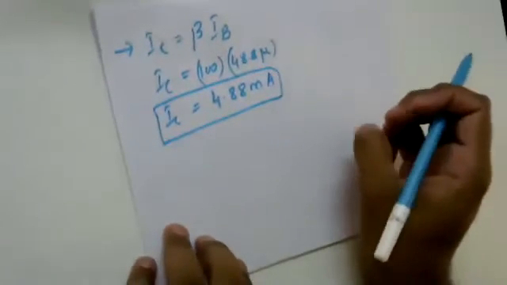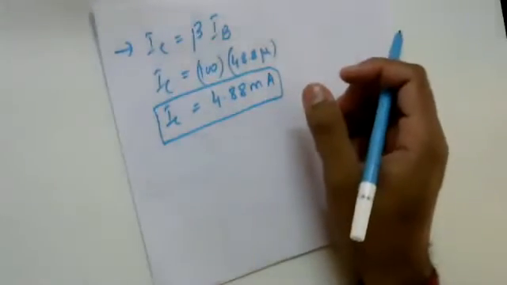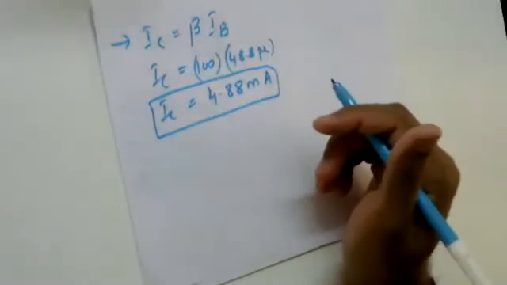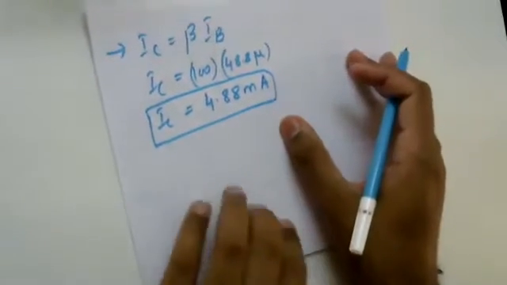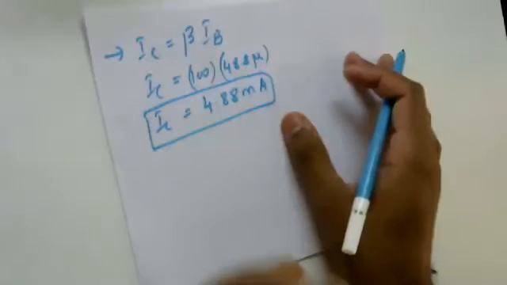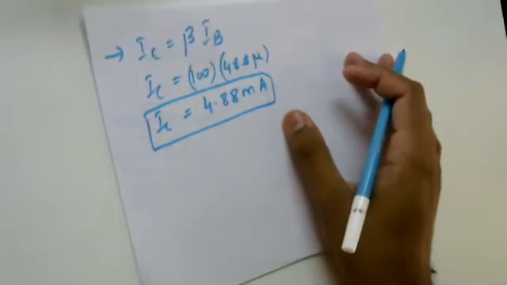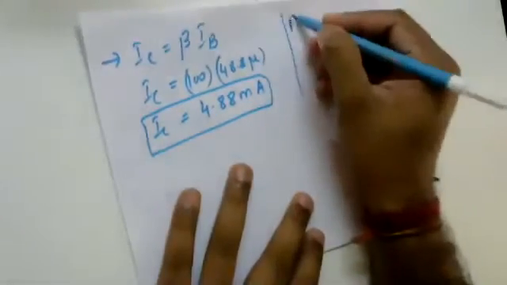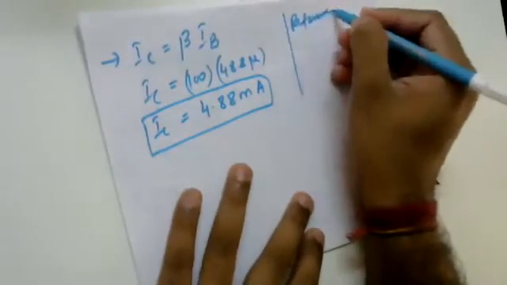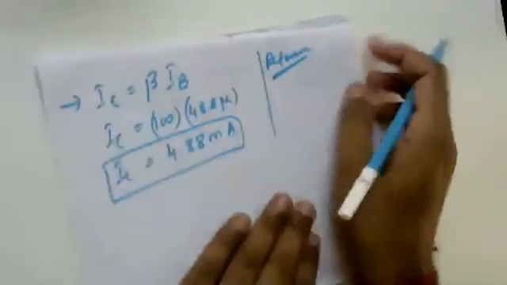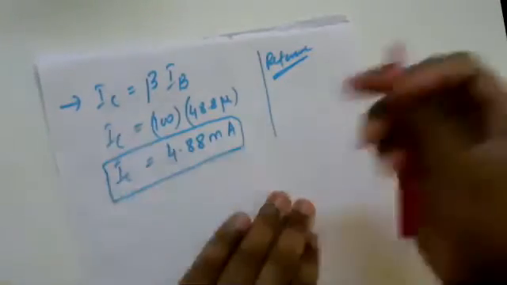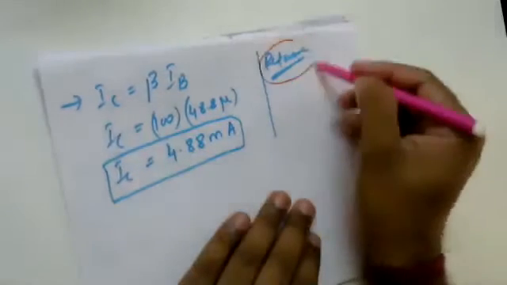Then the next thing that I need to compute over here is just to make your concept clear to you people. So we know the equation which says that if I want to correlate my emitter current, then I can simply say, so this is just for reference, okay? He has not asked this in the numerical. It's only for your reference.